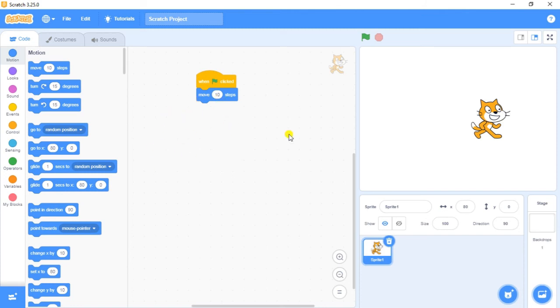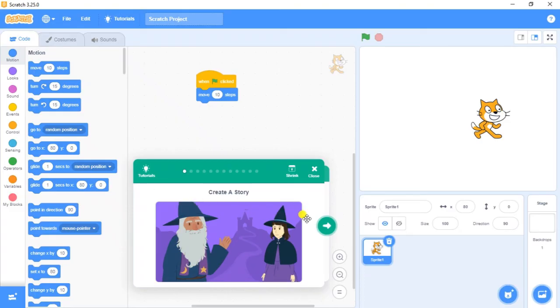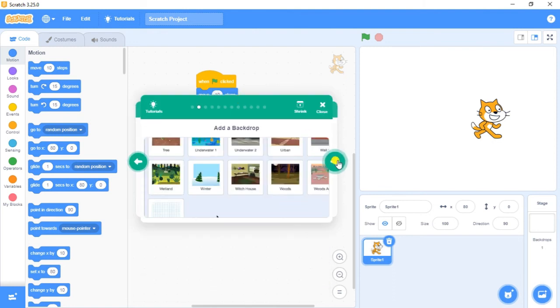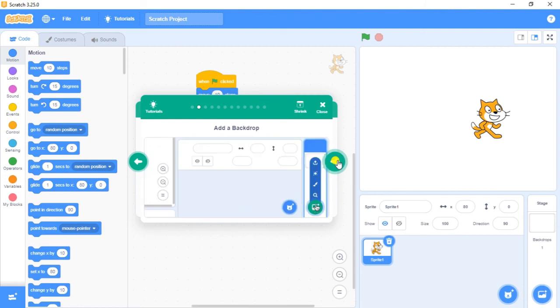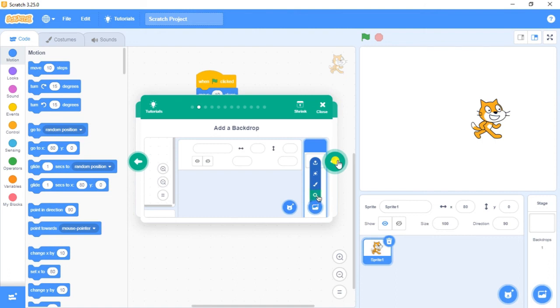So my dear students, if you are going to compose a program, how can we write it? Let's see one tutorial, like we are going to create a story. So look here. First of all, you have to go to search and select the backdrop. Once you select the backdrop, the next step is to select the sprite. You can select any sprite which you want.